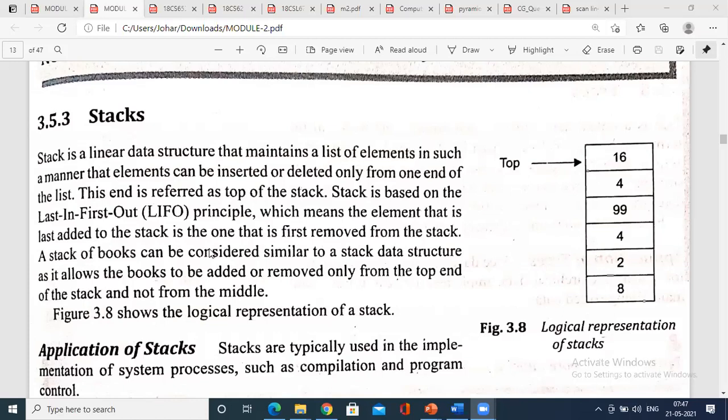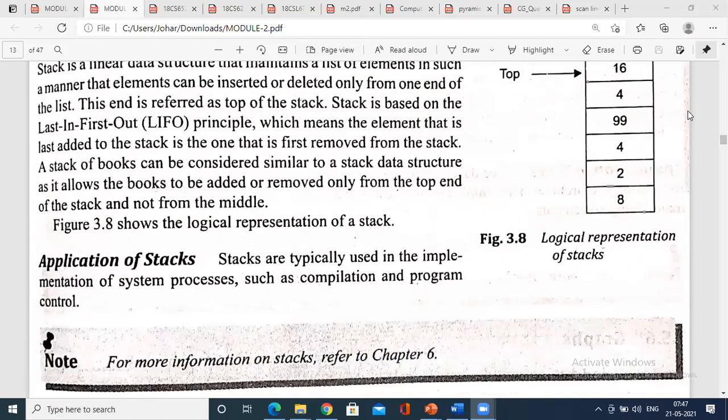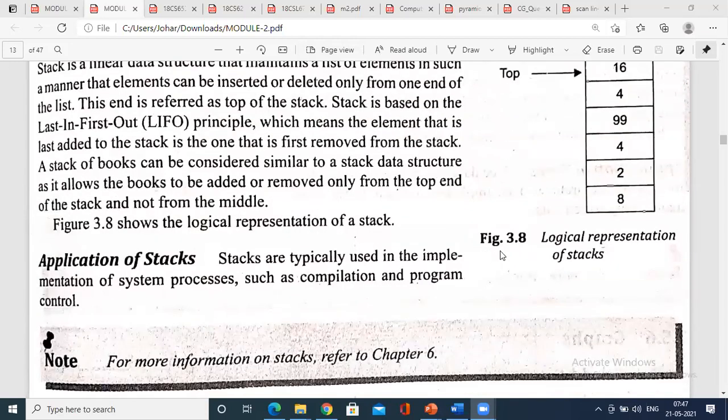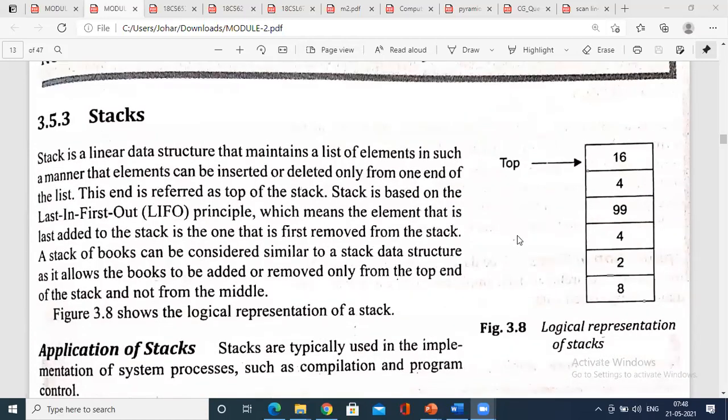So we have the application of the stack. You can see this is the top. The elements of the stack are moved over here. This is called the top. As of now, you don't have to concentrate more.